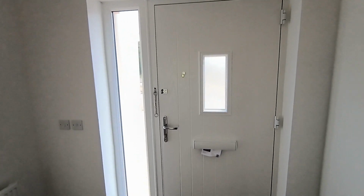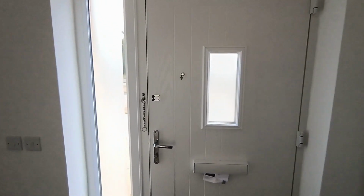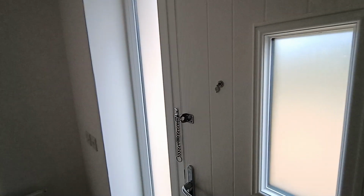But see if you can guess the price of this house compared to the last one, and I think you'd be surprised how good value this is. And here's what I said last time at that last house. They had a clear glass window, and then they had a peephole to see who's outside. But you have clear glass here to have a look outside. It just doesn't make sense to have this, but it's quite amusing. Well, I find it quite amusing. Anyway, so